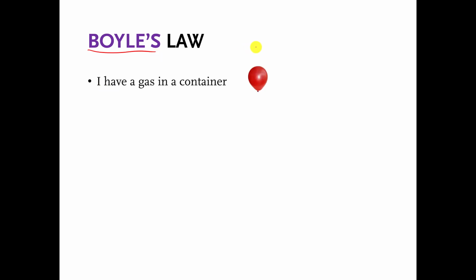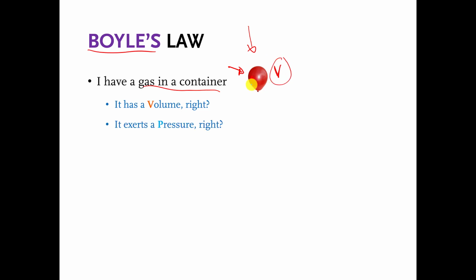And here is the setup for Boyle's law. Most of these examples are going to involve a balloon. So let's pretend that I have a gas in a container, and it is a gas inside of a balloon. The balloon has a certain volume, which I'm just going to abbreviate with the letter V. You can agree that the gas inside the balloon takes up a certain amount of space, which we call volume, and we can put a number on that. The gas inside of the balloon pushes against the walls of the balloon and exerts what we call pressure, and the external air pushes back against the balloon with an equal amount of pressure,